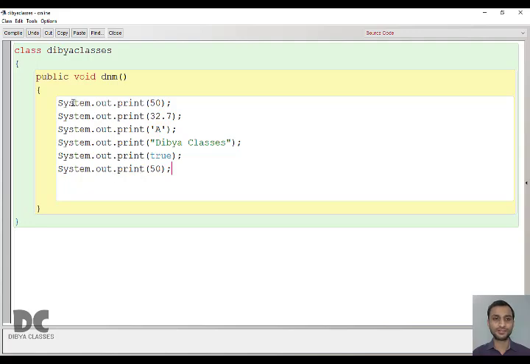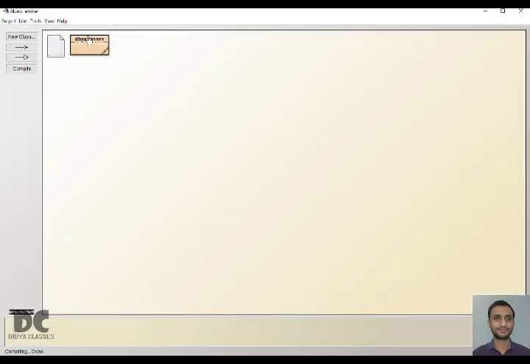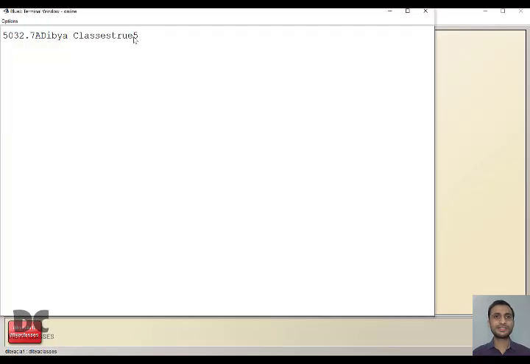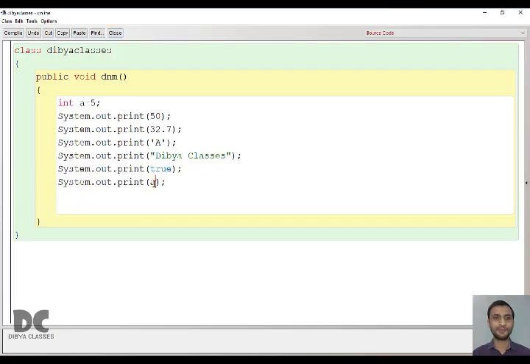We can print variables. For example, in an integer variable A, I have 5. This is a declaration of a variable with initialization. And now I'll print A. So let us see what will happen. So here you can see 5 is getting printed, not A. I am printing A, but the value of A is being printed, that is 5. So when you print a variable, the name A will not get printed. The value inside that variable will be printed. The value inside A is 5. Therefore, we got the answer as 5.